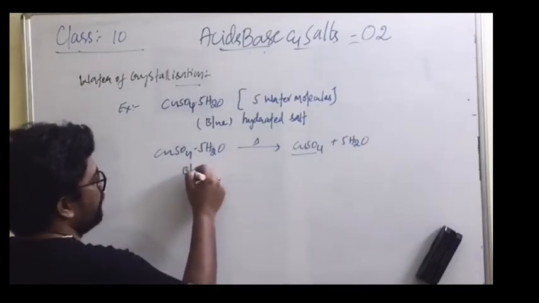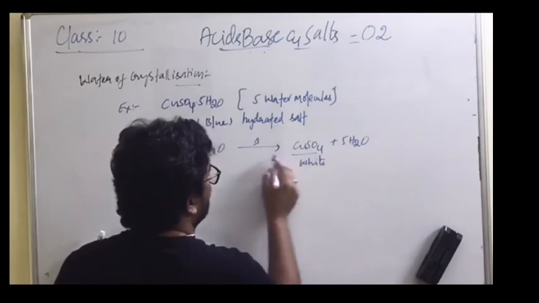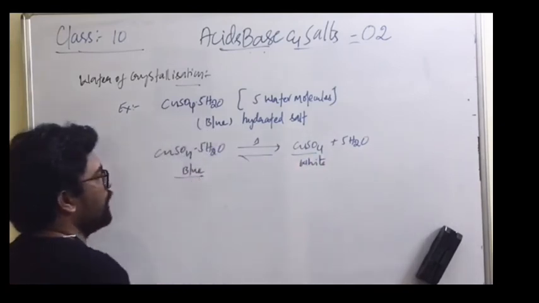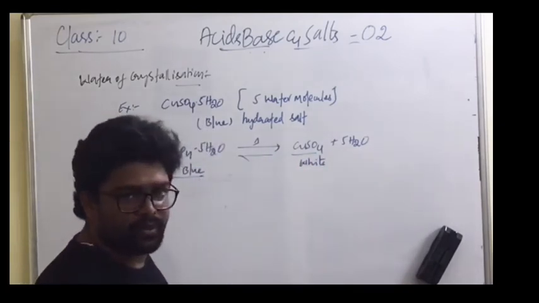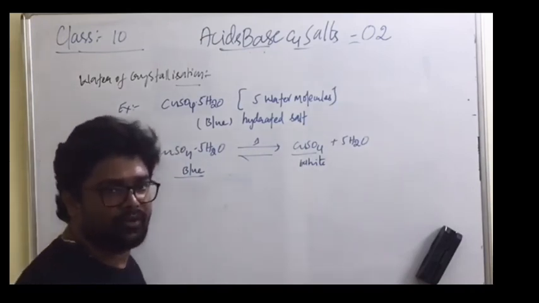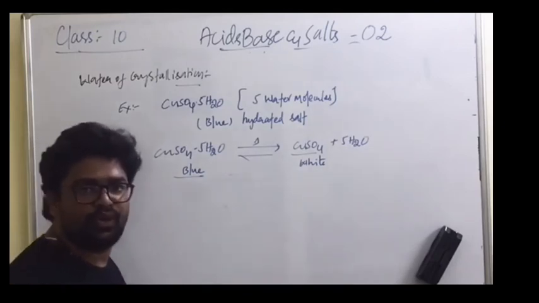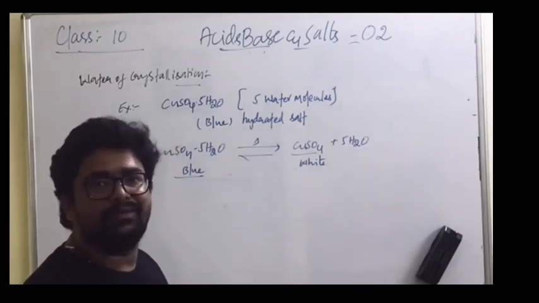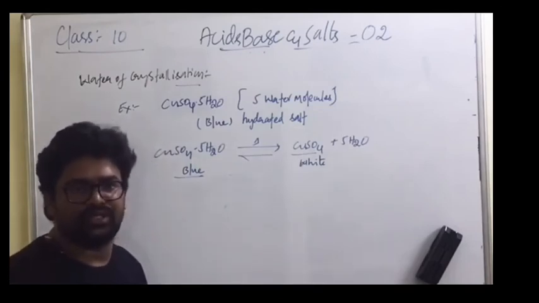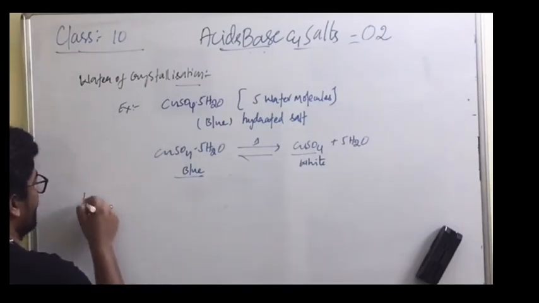The color of copper sulfate is blue. When you heat it, it turns white. When you cool it down, the blue color reappears. This has an activity-based explanation, so please go through that activity. If you want to know more, please watch my previous video where I explained the water of crystallization with an activity. The next one, plaster of Paris.